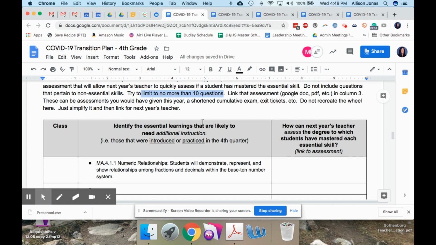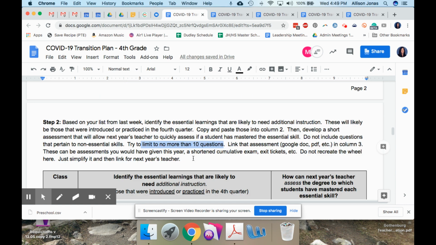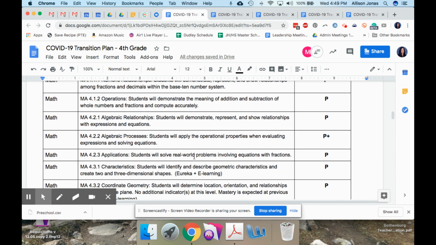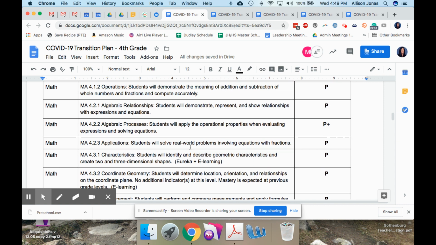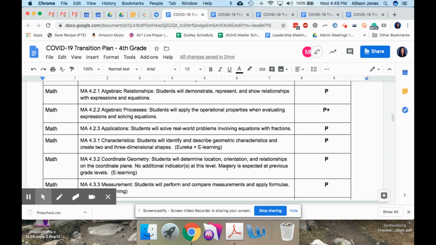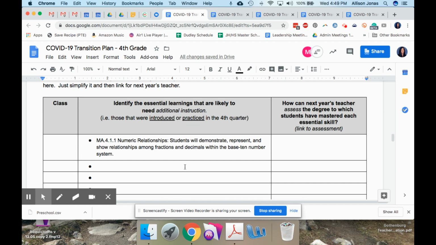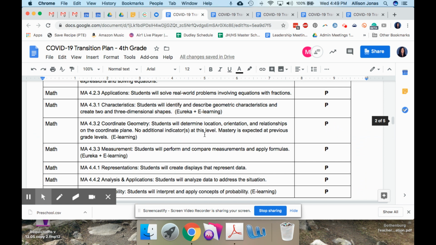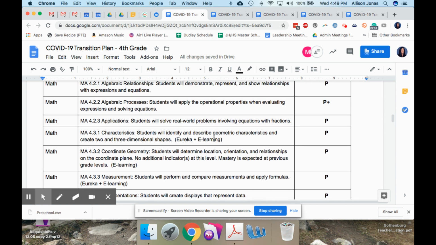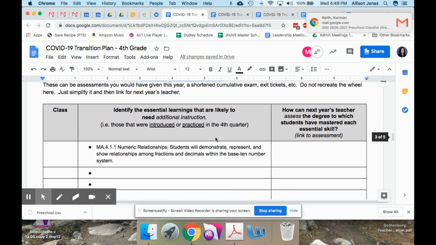So the key takeaway here is in column 2, you are not going to be listing everything. You are only going to be listing those from step 1 that you feel are going to need additional instruction. So for fourth grade, for sure they're going to pick this one. If there's another one down here that they feel that they are going to need some additional instruction on, they will copy and paste those down also into step 2. So I'm noticing they put some comments in here, Eureka plus e-learning, e-learning, e-learning. The ones that say e-learning, I'm guessing that they're thinking may need some additional instruction. So that's step 2. Paste the ones they need the most here in column 2,